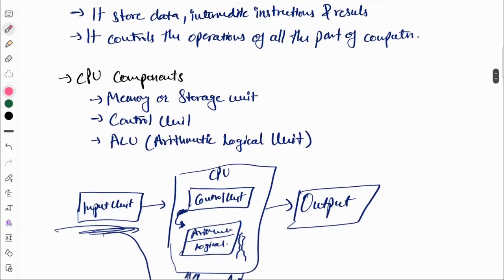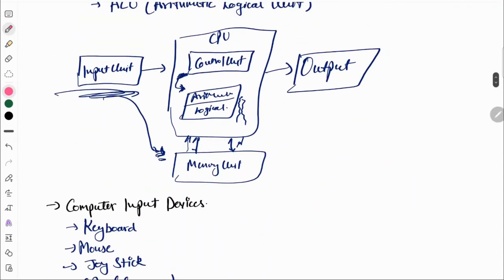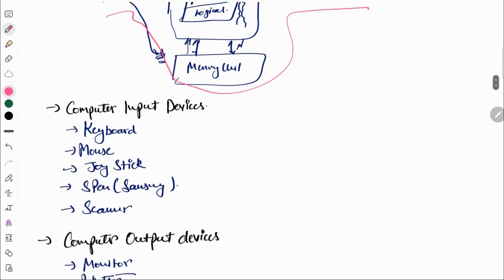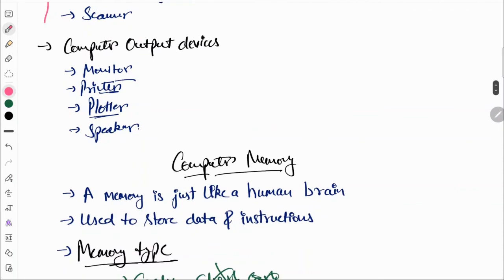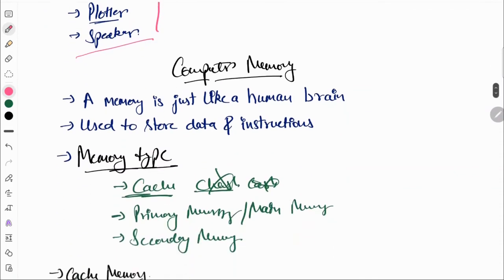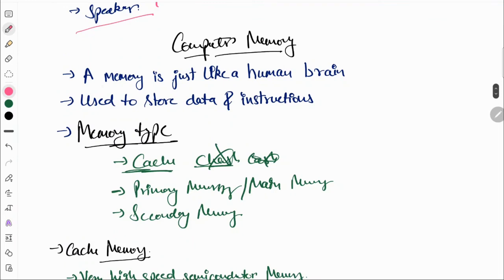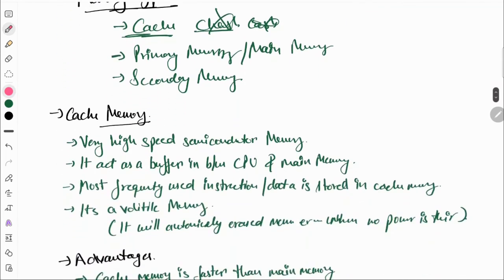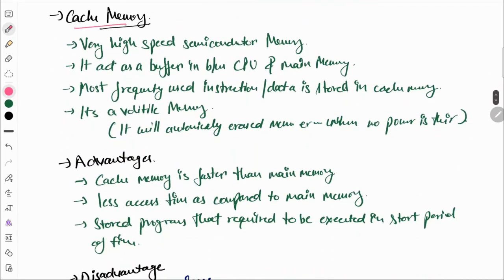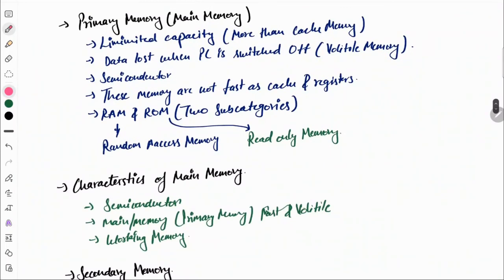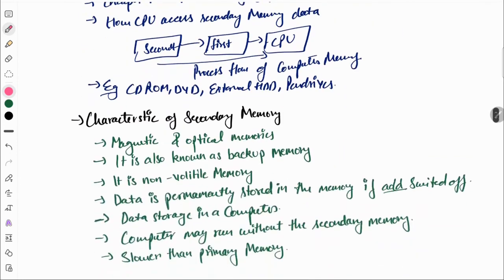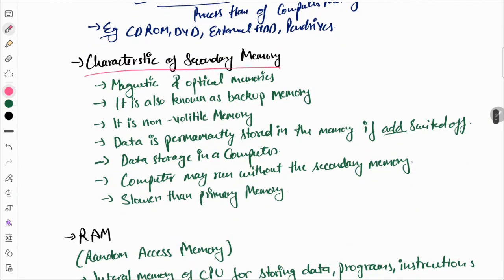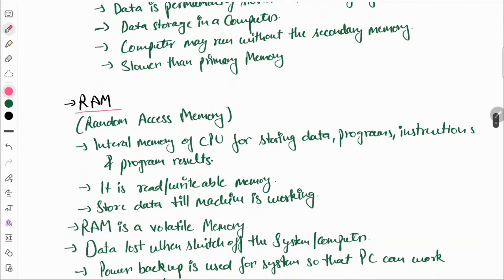After that, how a computer works, computer input devices, output devices, computer memory. Memory is just like a human brain to store data and instructions. Cache memory, primary memory, secondary memory, characteristic of secondary memory, then RAM,